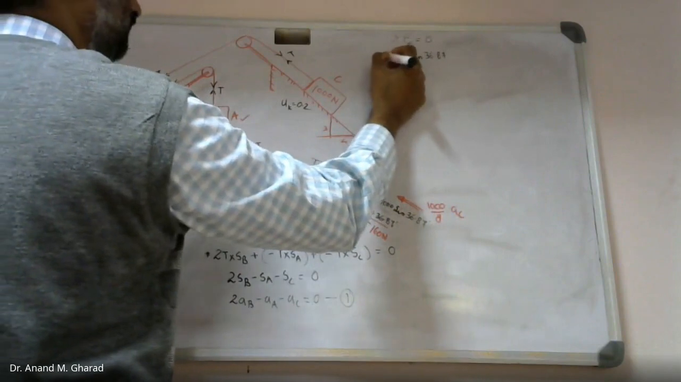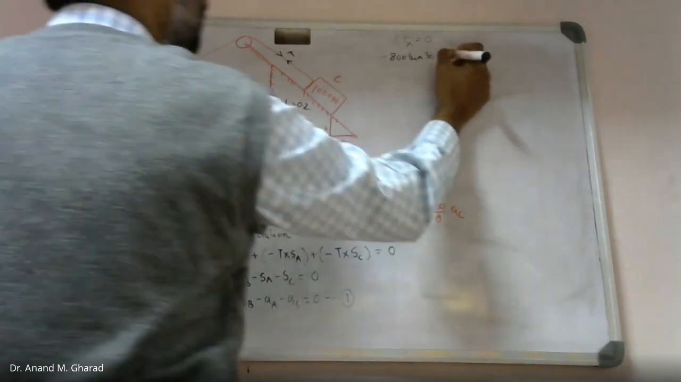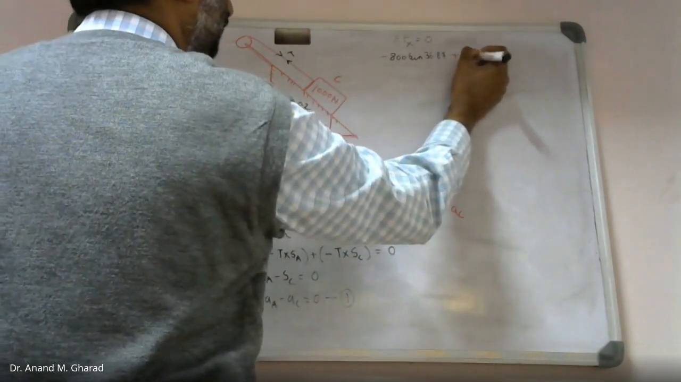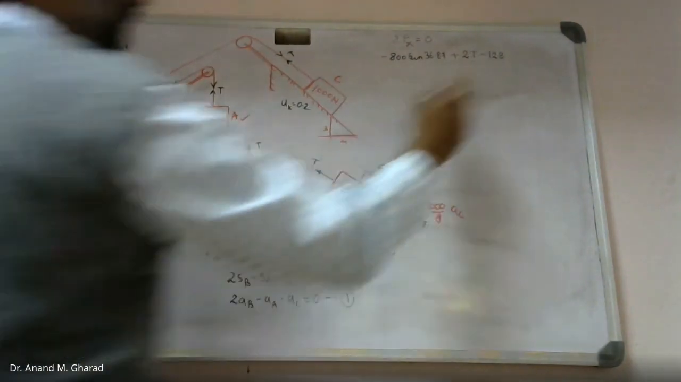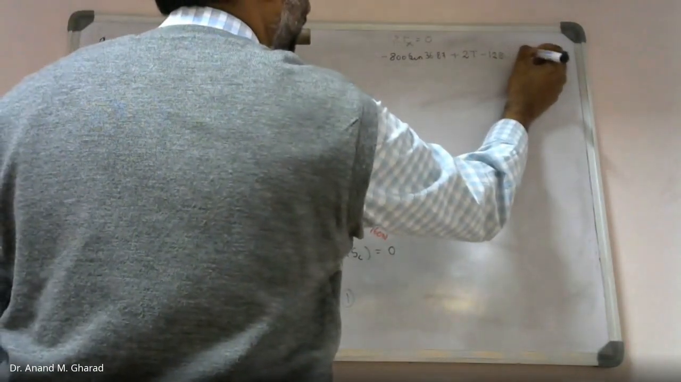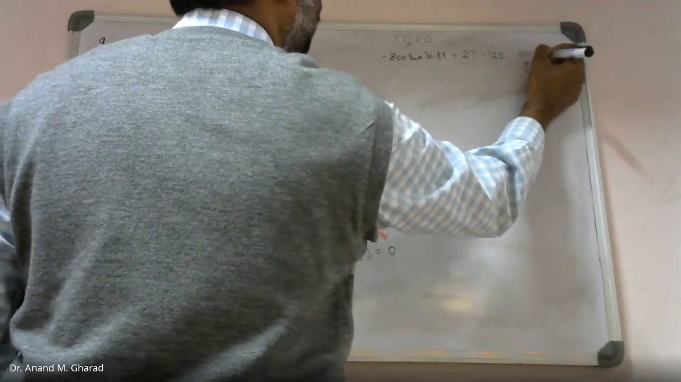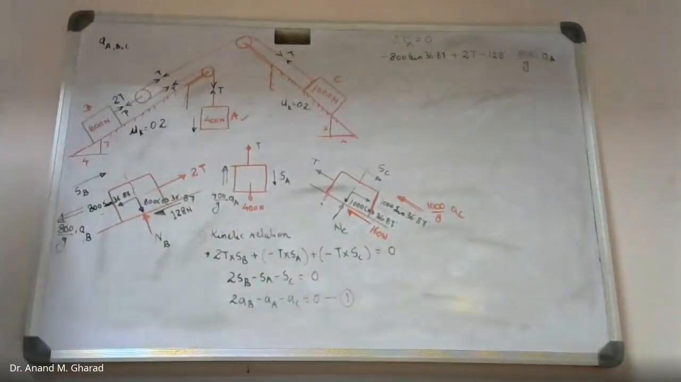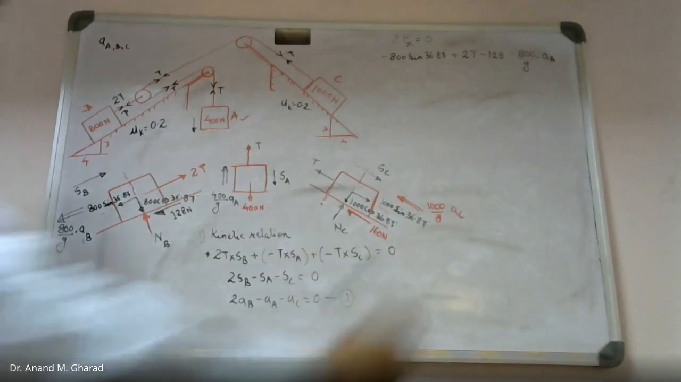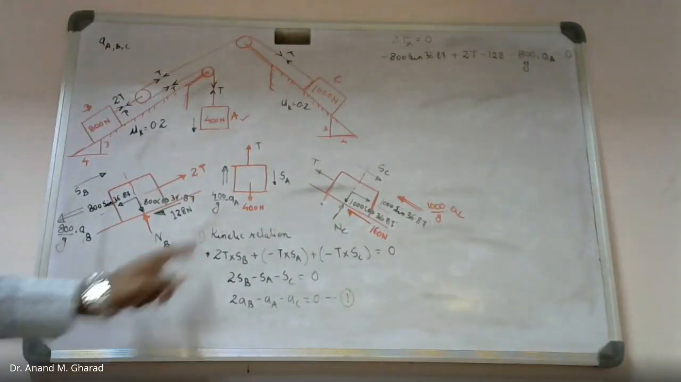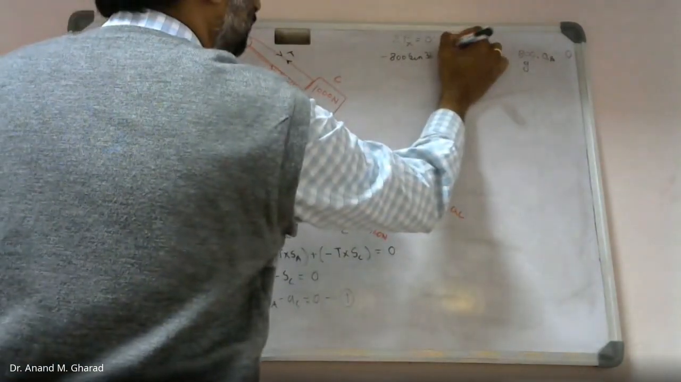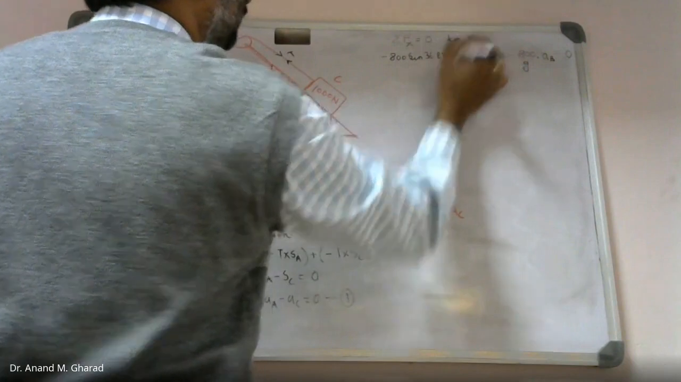This is minus plus 2 times T minus 128. This is for block B I am talking about. Minus 800 by G into AB. All the things are covered. Equal to 0. Okay? This is for block B. Then for A,